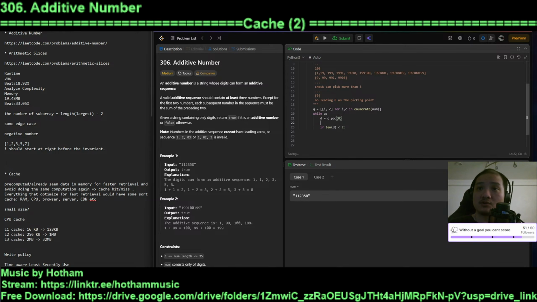So here let's take a note, keep picking the next element. Okay, for i in range starting at the last character, and we do